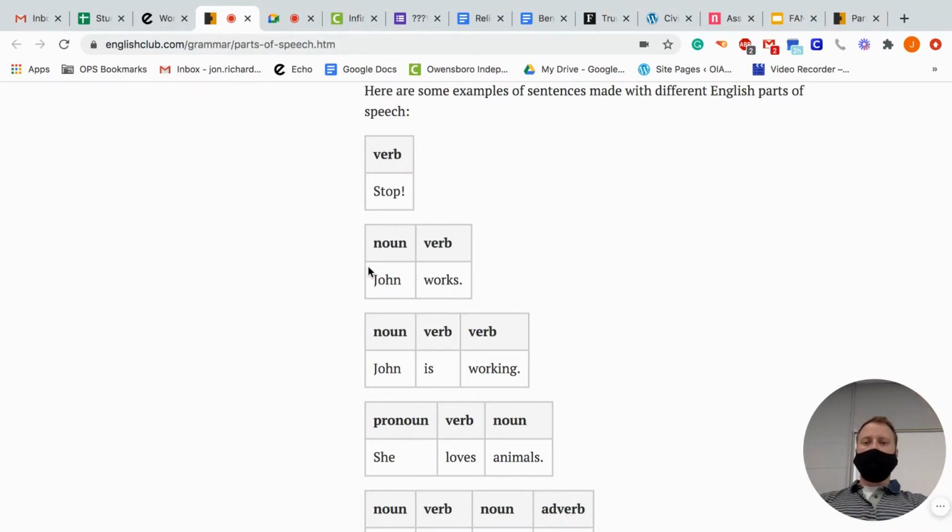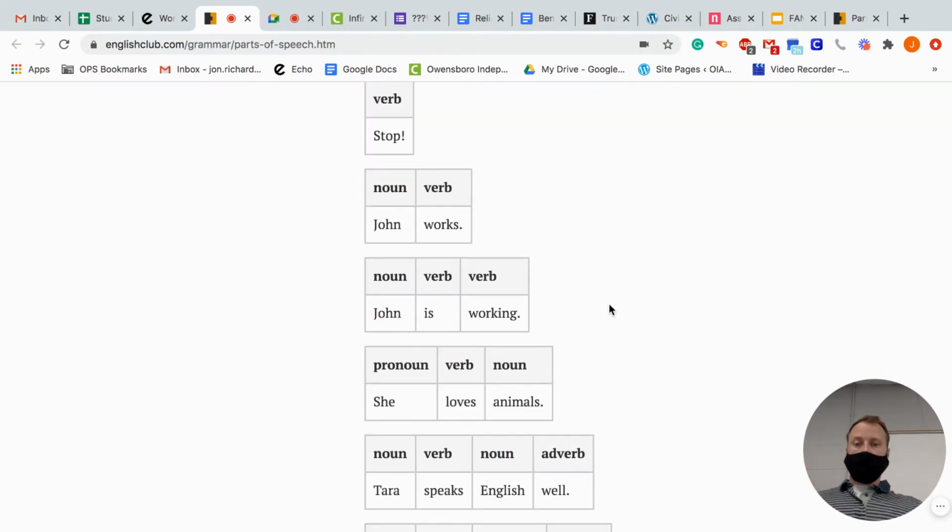We're going to kind of ignore this right now. It's a little confusing. The big one here is the noun and verb, because you need a noun and a verb and a complete thought to have a sentence, okay? Noun, verb, and it has to be a complete thought, okay? So we can say John works because we have a noun, which is our subject, and we know what the subject is doing. They are working. Okay? And that's a complete thought. So John works, a noun and a verb.